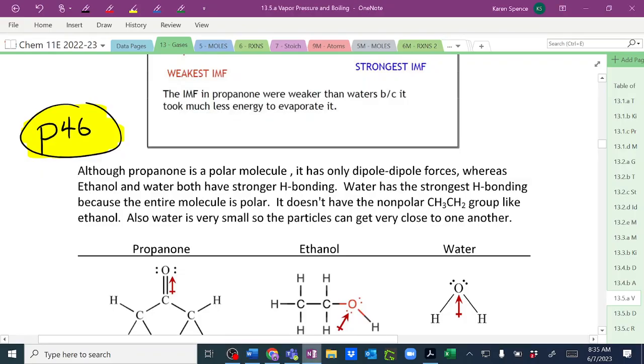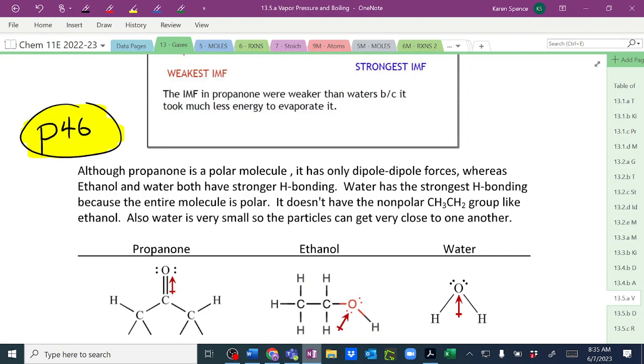Okay, good morning. We are going to be on page 46. Last week, all the stuff that we did with vapor pressure was just sort of like, what is vapor pressure and all that. It's not going to be tested. Okay, so we're starting to get into the stuff that will be, which is stuff relating to intermolecular forces, because